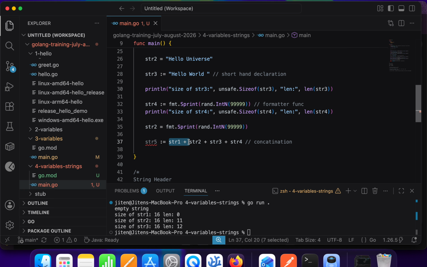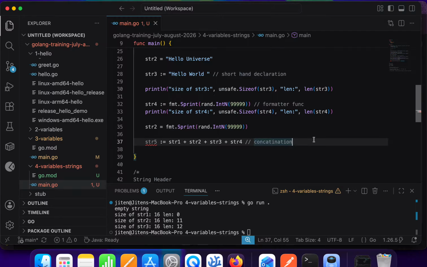It compounds everything, it clubs everything, it joins everything, it appends everything, and then gives you str5. So it is a tricky part, that is the reason people say don't do concatenation too much,